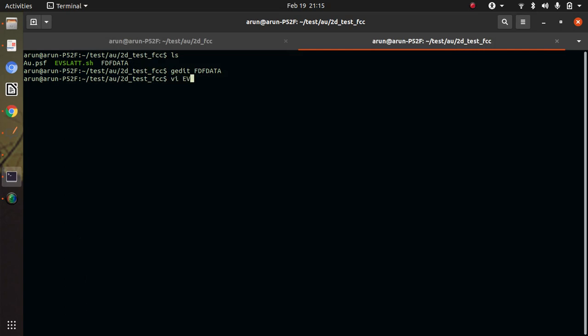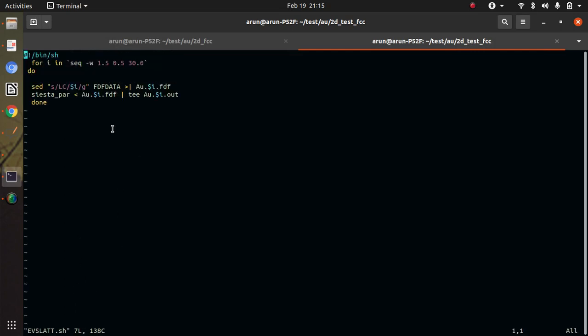So here is my script. I am changing it from 1.5 to 30.0 in steps of 0.05, right? And this is the value of LC.